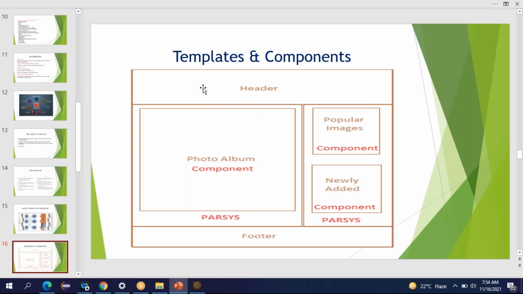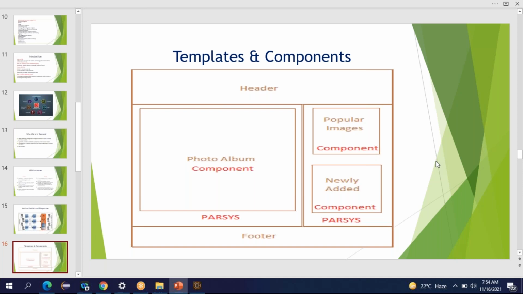Those layouts or markups are created by the developer. For the product page, there will be a different template. For the home page, there can be a different template. For the customer care page, there can be a different template. So using that template, when the content author creates pages, you will be able to see placeholders on the pages. In those placeholders, you will drag and drop the components.